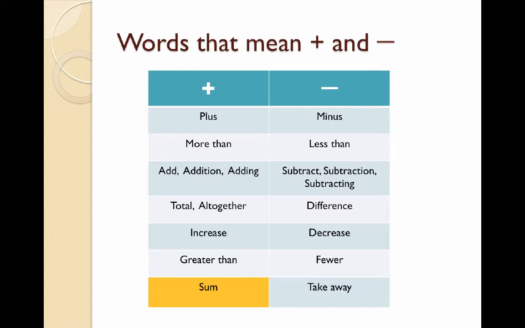the two numbers together. If you see a minus, less than, subtract, subtraction, subtracting, difference, decrease, fewer, or take away, those words all mean to minus. So if you have some numbers with any of those words around it, it probably means that we want to subtract some numbers. Let's have a look at some examples, but first I'd like you to copy down this list